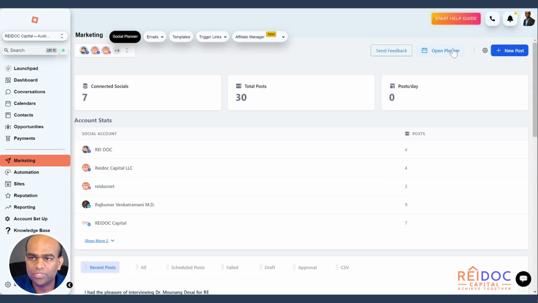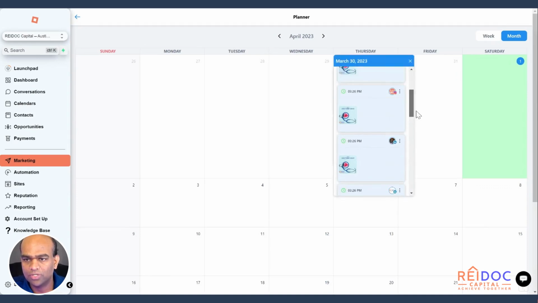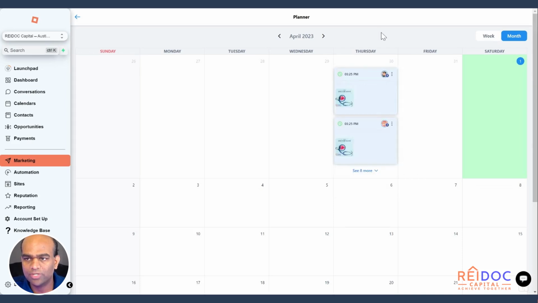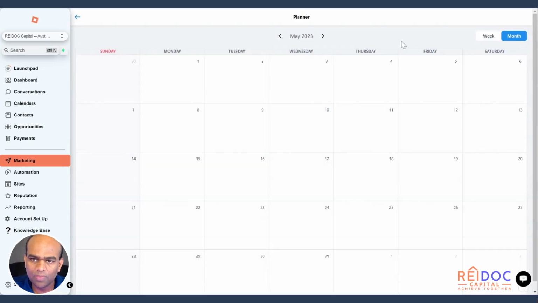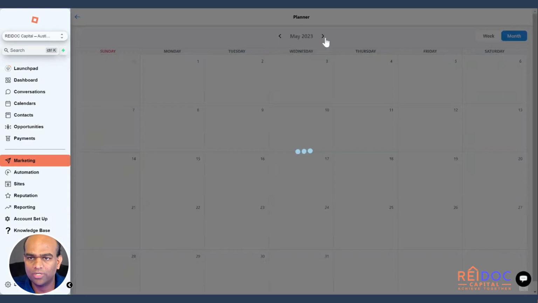And then the other neat feature is the planner. So planner is basically a calendar. You can look at what you posted in the past, right? So I did it on Thursday during the Doctor's Day. I posted these things in one day in all my networks. So it shows you what I actually did. And then also you can go to a future date and say, I want to put something on Wednesday, May 3. You just click on it and then it's automatically scheduled on that day. You select the date and time. So you can see for the whole year, you can